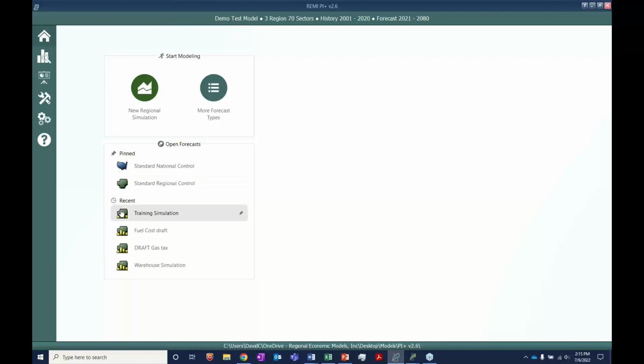You have the option to pin different simulations, as well as different controls, such as the national control and the regional control, for easy access. You'll also see recent simulations here. So, for example, the training simulation comes front and center because we were looking at it most recently. You also have the option right here to pin this forecast, and you'll see that it'll pop right up here. If you're working on a more complex simulation and you want to go right back into it, I'll show you the example right here. It just goes right back into that